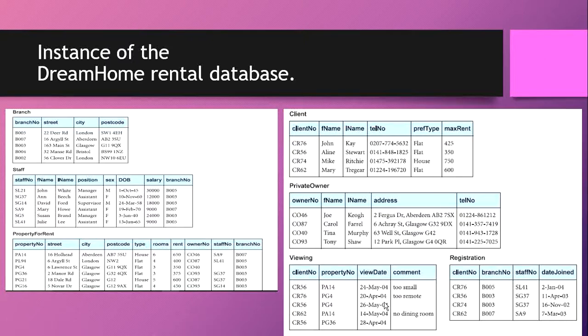So here we can take client number and property number together as a composite key, and that can be our candidate key. For example, the pair of client number and property number can uniquely identify this whole record. When we have two columns or two attributes that are combined to uniquely identify a record, that becomes a composite key. So in the case of the viewing table we can have a composite key including client number and property number.